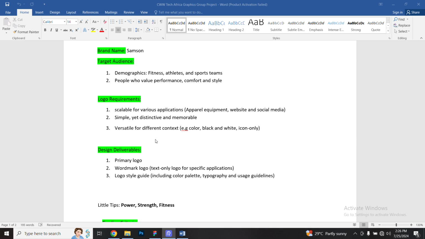there are different qualities of a logo. Number one is that it has to be scalable. When I say scalable, it means that you can increase and decrease the size without it deforming. It has to be scalable. You realize that